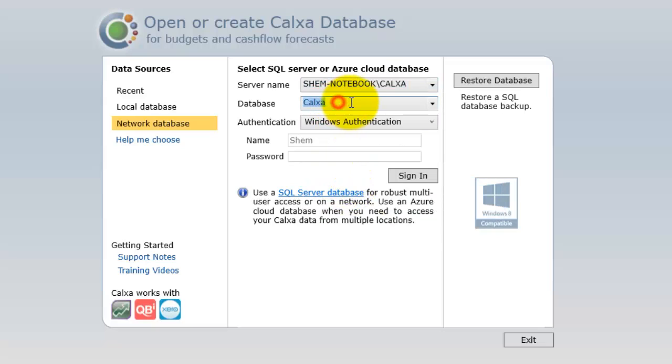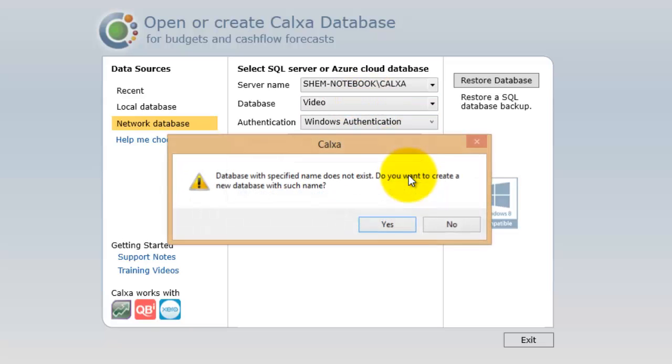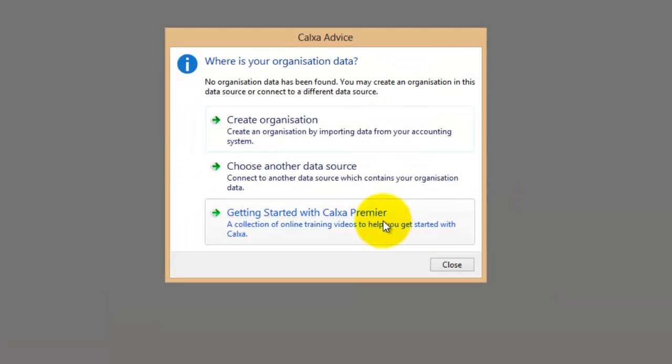Since we're trying to create a new database, you just need to type the name you would like the database to be called. Click Sign In, and since the database doesn't exist, it will ask you if you would like to create it. Click Yes. And now the database is created. I'm just going to pause here for a moment because I want to quickly